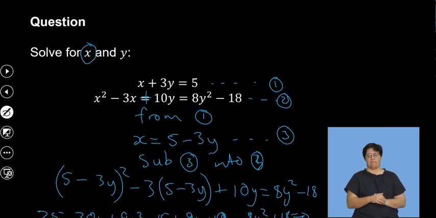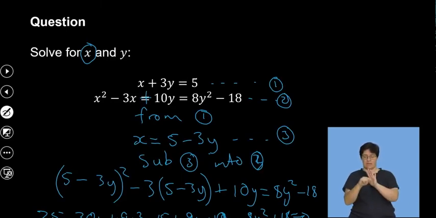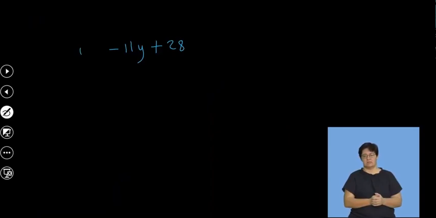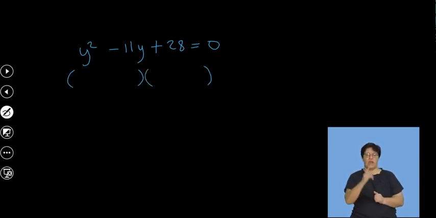Let's look at the y squared. 9y squared and minus 8y squared becomes just y squared, right? So this will be y squared equal to 0. And then you factorize this, right? If it's possible to factorize. If you don't know how to factorize, just go to your calculator quickly, and then you can solve it